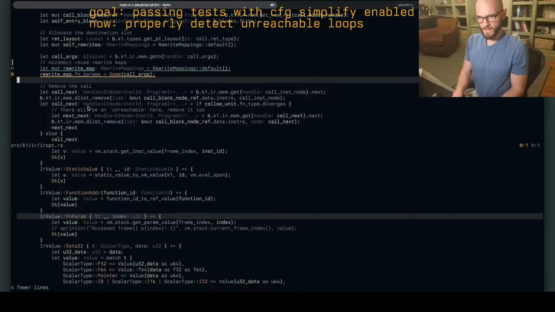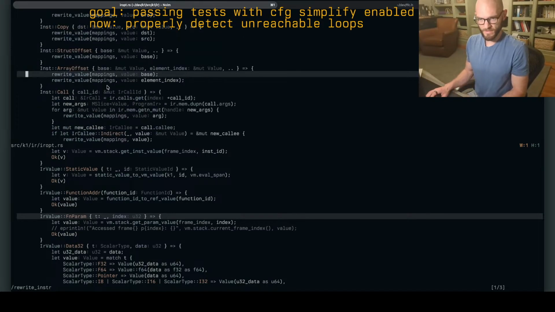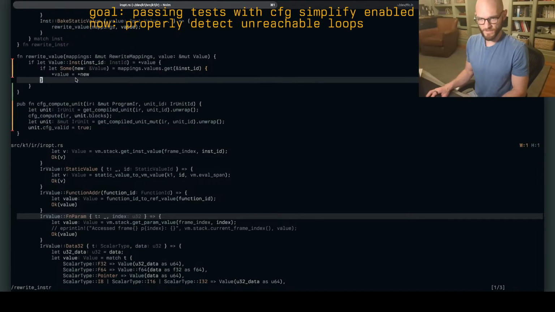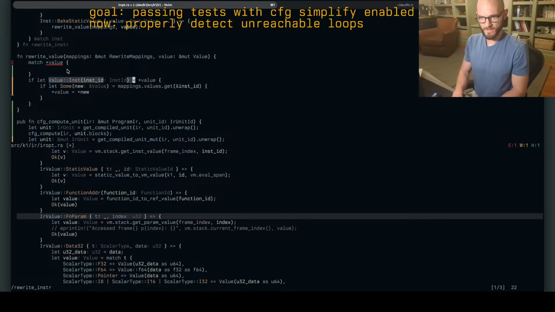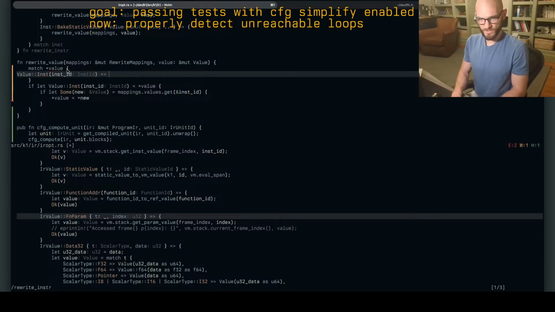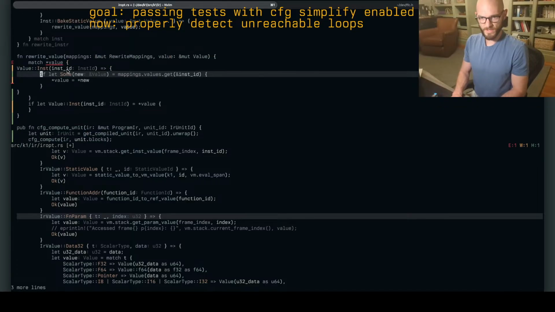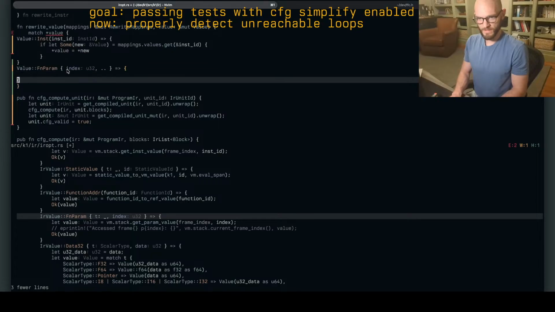Okay, and then rewrite inst is wrong now, because rewrite value actually needs to be a match, because it could be an instruction, in which case we do want to do this, but it could also be funparam index, in which case,